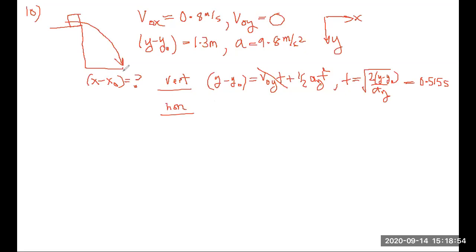Okay, so now I know the time that it took to reach the ground. Now I can really think about the horizontal motion. So here I do want the displacement horizontally, and the same equation of motion would actually give you that: the initial velocity times the time for the fall plus 1/2 a_x t squared, but there's no acceleration during the fall in the horizontal direction. And so this equation simply says that the horizontal distance traveled is just the,